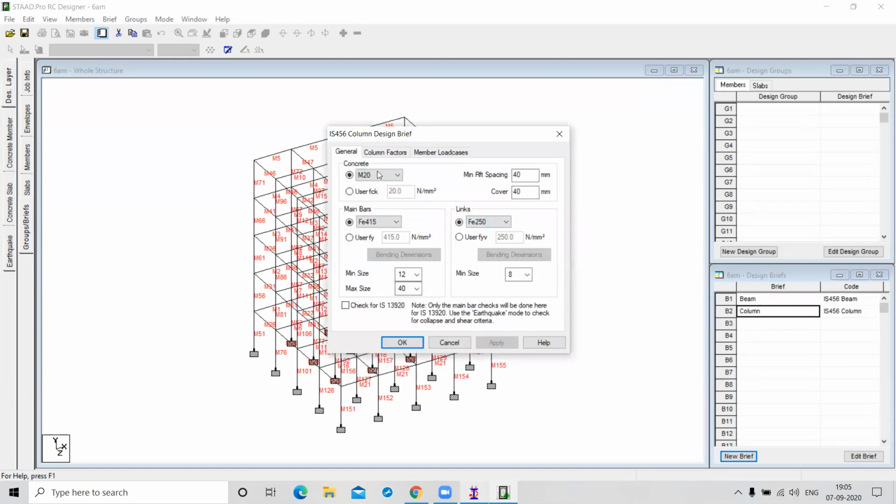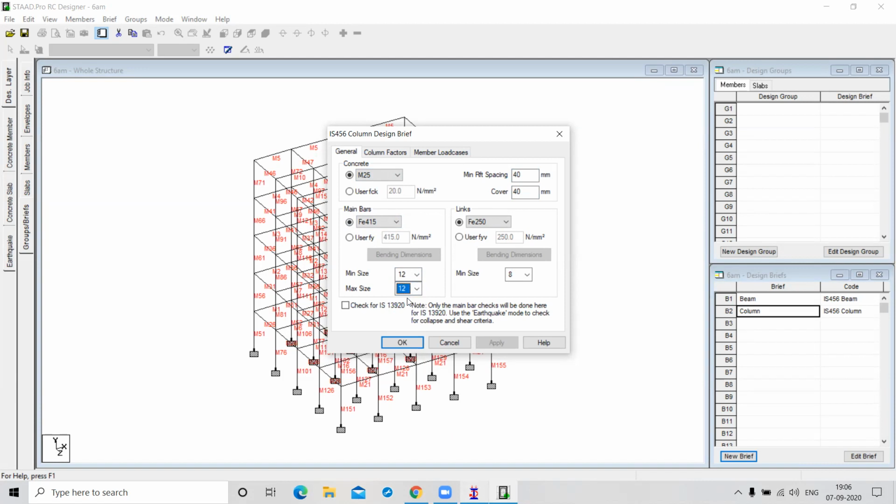Now, for the column, this is the grade of concrete. This is your minimum reinforcement spacing, 40 mm, and this is your cover. This is your main bars. The minimum value is 12, and the maximum is also 12.